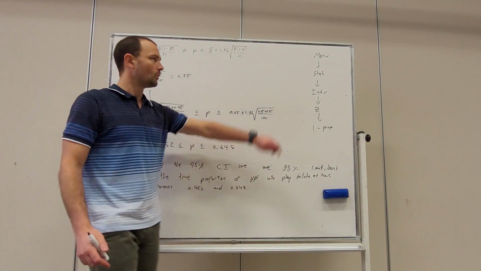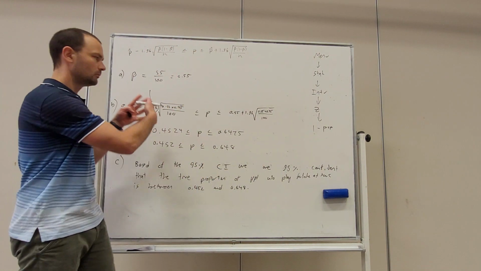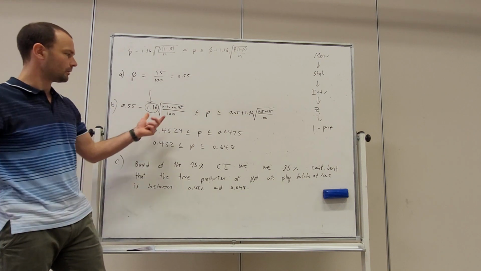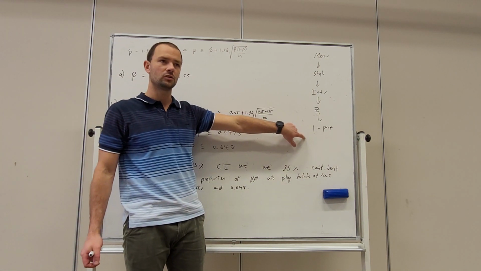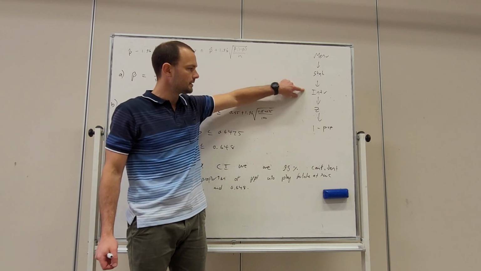And the second thing is we can use our calculator. We don't have to write all this syntax out every time we want to evaluate these figures. This is definitely the fastest way and the way that I encourage you to do it. So in menu, statistics, interval, Z,